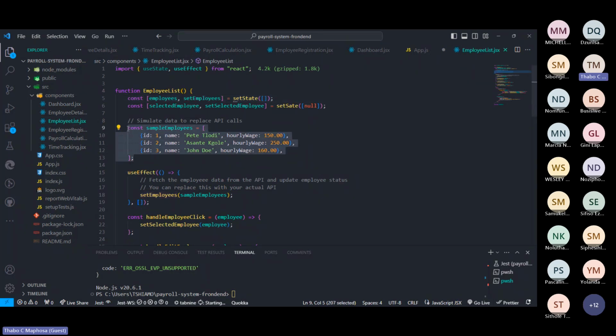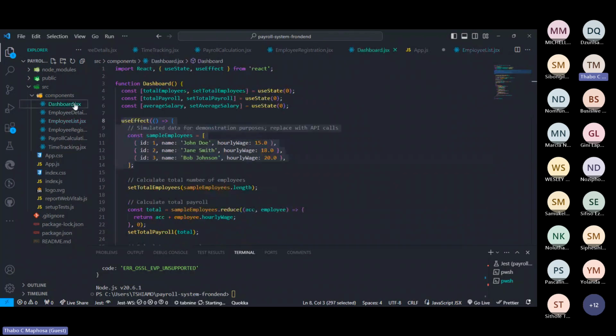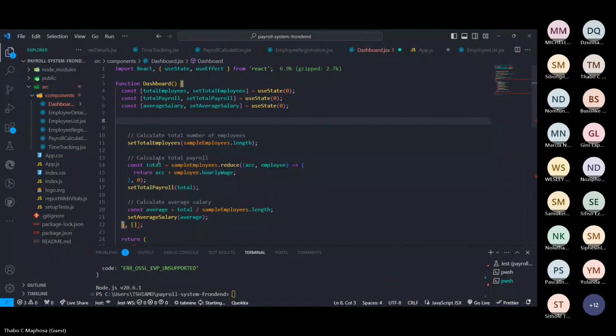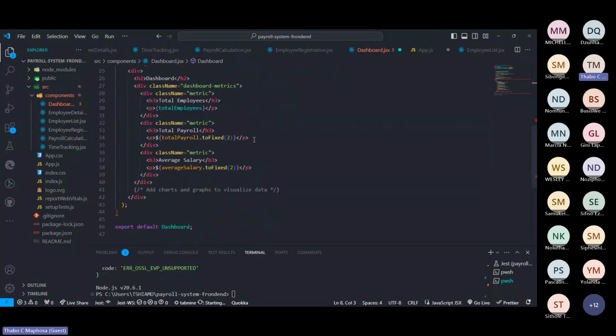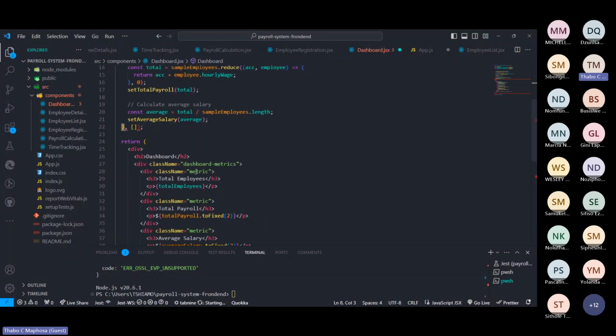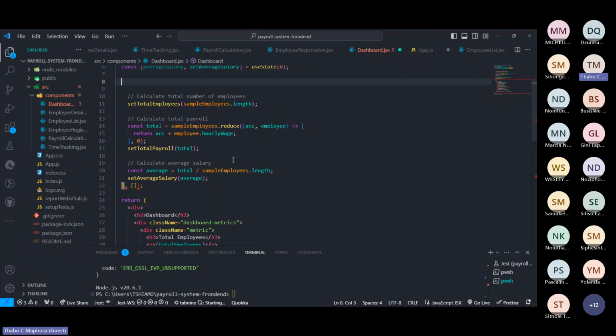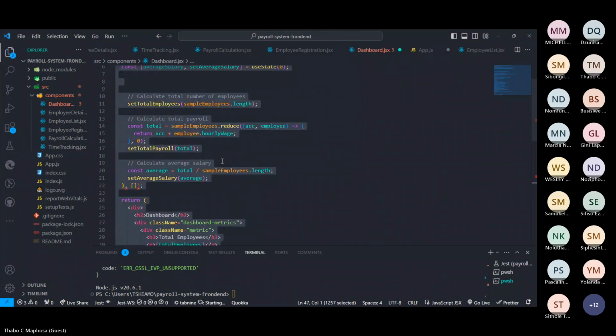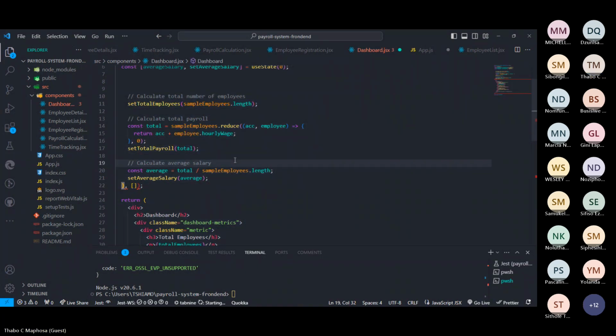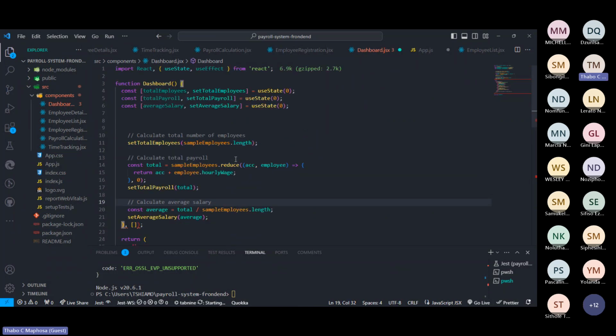So let me do this, const sample data, and then I can actually even delete this data here because I don't need it. That data is already there. We can always just borrow that data. Actually, let me just leave it here. Control V.